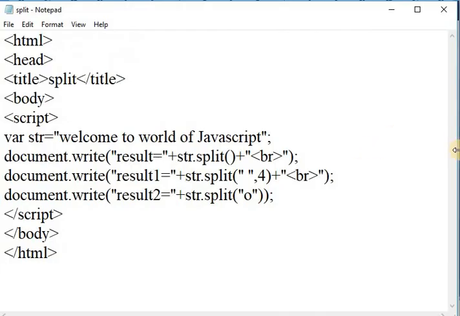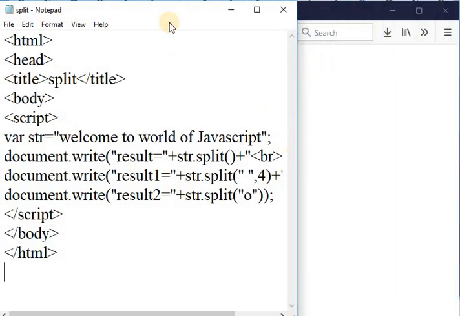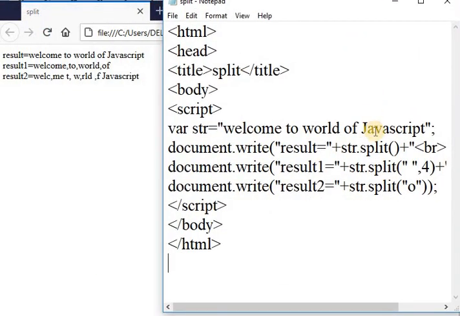Let us see. In this program, I am passing first of all only the empty method, so that it returns welcome to world of JavaScript as a single array element. After that, in the second result, it returns comma 4.